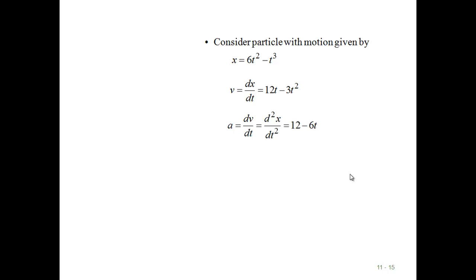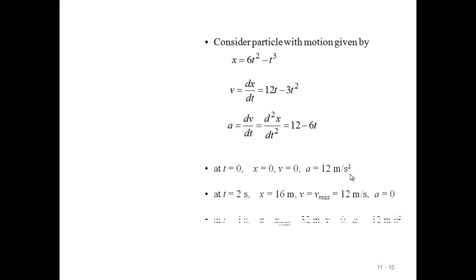Now when you are calculating the numerical value for a different time, you see that when time is equal to 0, your position will be 0, the velocity will be 0 and acceleration will be 12 meter per second square. Similarly, when time t is equal to 2 seconds, you can substitute in the first equation, x is equal to 6t square minus t cube, where t is equal to 2, you will get x is equal to 16 meter and v you will get 12 meter per second and acceleration is equal